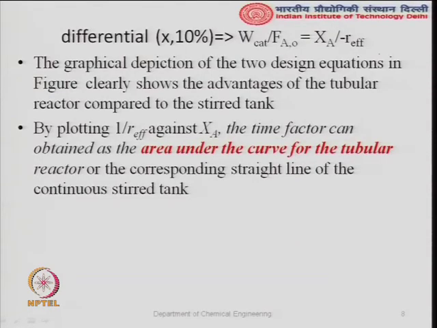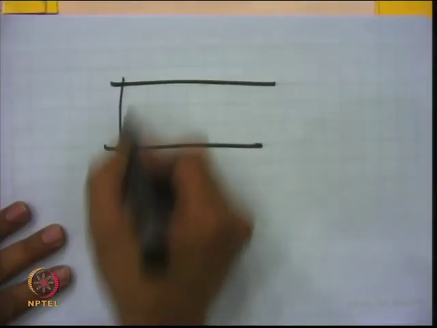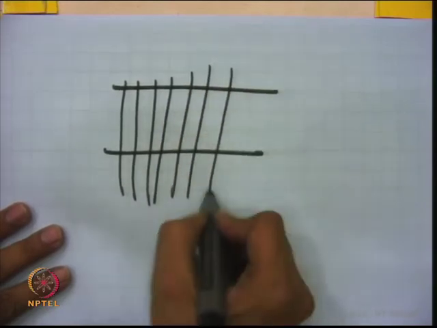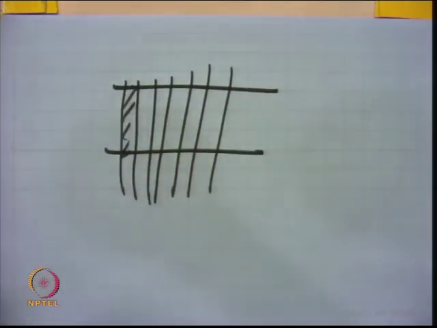And so, now for CSTR, because when you write a differential equation, we assume that it is like a CSTR. A differential plug flow reactor can be approximated as a CSTR, or the reverse, I should say, when you have an infinite number of CSTRs in series, you assume that it is like a plug flow reactor. Because in CSTR there is complete mixing, in a plug flow reactor you divide your reactor into an infinite number of zones, and every zone is a differential reactor which behaves like a CSTR.